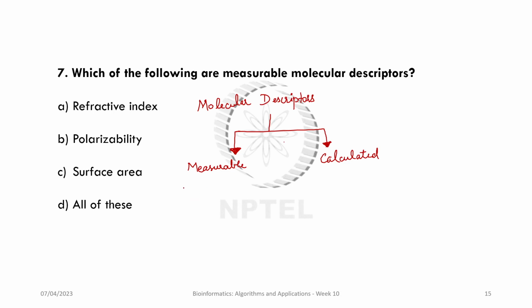So amongst measurable properties, you have descriptors. You have density, pKa, ionization potential, refractive index, dipole moment,